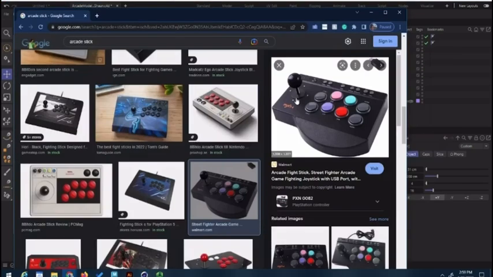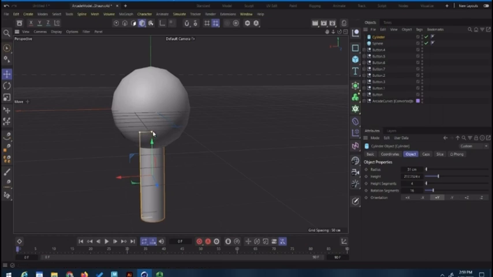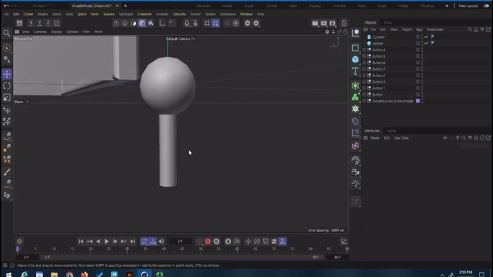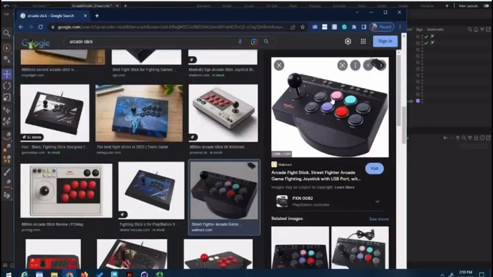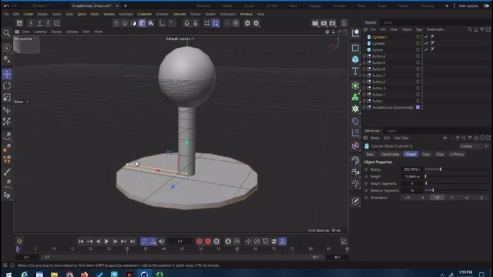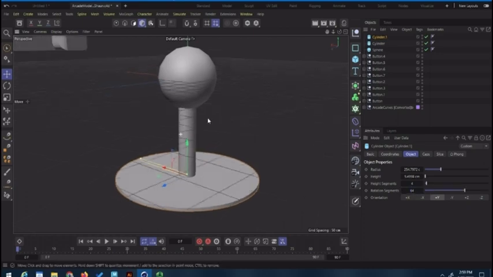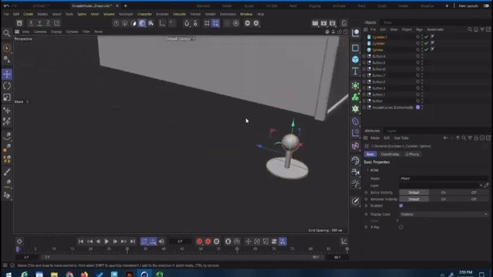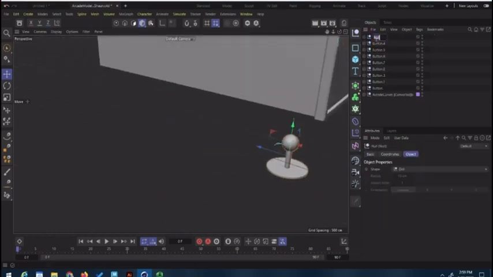Okay. Now we're worried about proportions, so we want to adjust this and be like, all right, so that feels like that could be the size of a controller. And then we have this platform at the bottom, so I can add another cylinder. Pull this down here. Pull this open. Okay, we don't want these facets, so we're going to add more rotational segments, so 64 is a good number here. All right, so now I'm going to take all three of these, group them together, call this joystick,